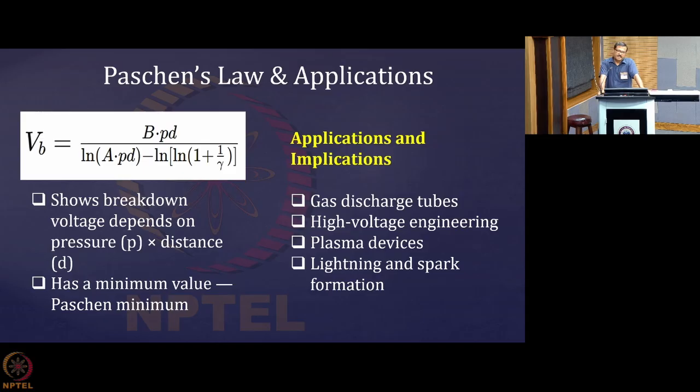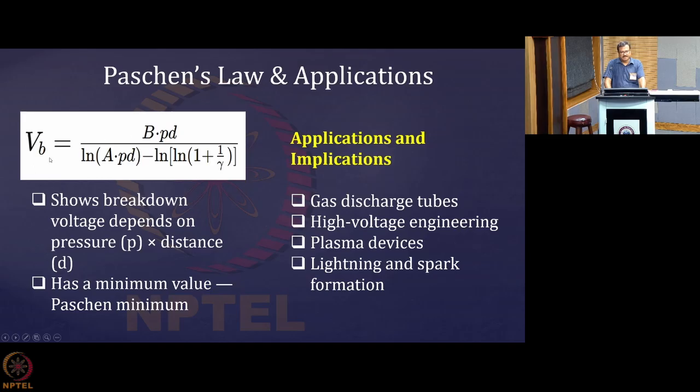This is a famous Paschen breakdown curve that you all know. So, what is the specialty of that? The breakdown voltage depends on the product of pressure and distance. It is not pressure alone or the discharge gap alone. So, it is a function of the product PD, where P is the pressure and D is the discharge gap.